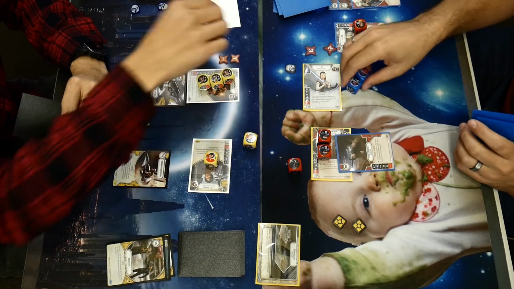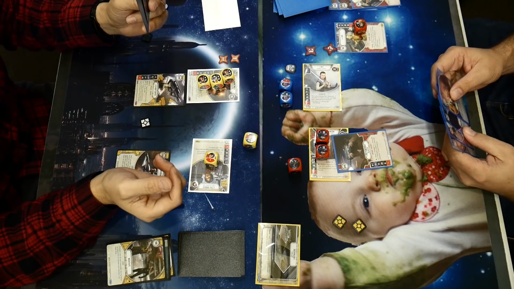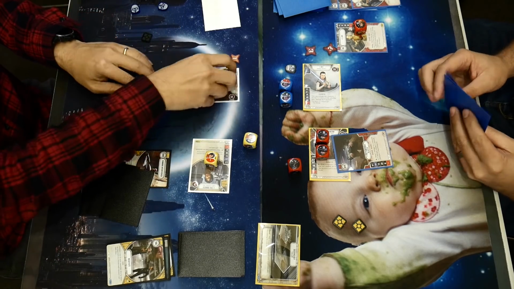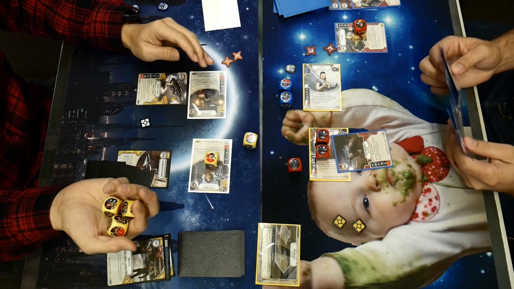So he rolls out Ray, not getting very much, and does a ping damage to Sabine with her ability. If she has a shield, she can do 1 damage. So I go ahead and roll out Sabine because I don't have...